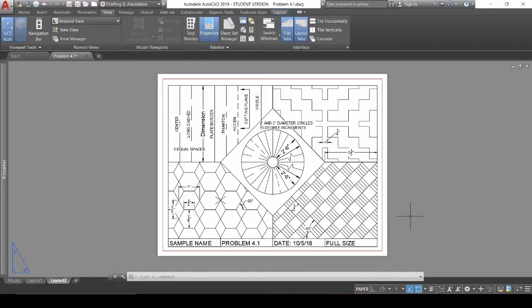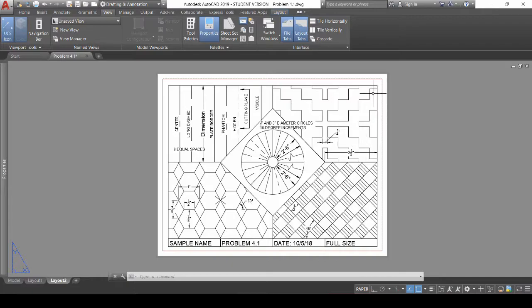Today we'll be working on problem 4.1 from Drafting for the Theater, 2nd edition, by Dennis Dorn and Mark Shanda. Just want to give you a brief overview of the project before we begin. If you are looking at the page, there is an error in the book and it has been corrected here in my drafting. In the book, this dimension right here says it's a 1/2 inch, but it's only